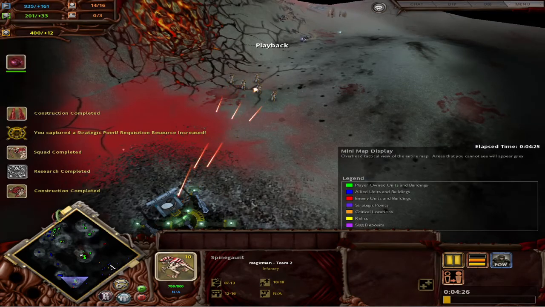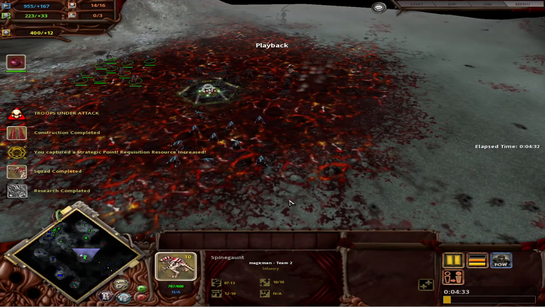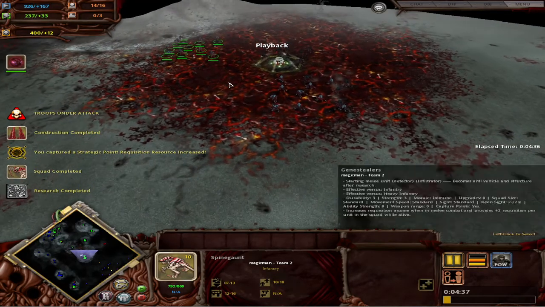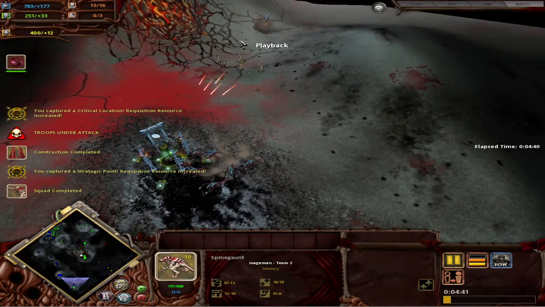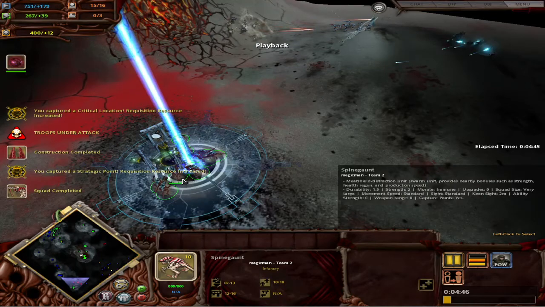And orcs gave us trouble because all our units were better than mine, basically. So this was a pretty rough match. Basically everything I did, orcs did better. So that was a pretty rough match. And these Spinagons do like 0 damage